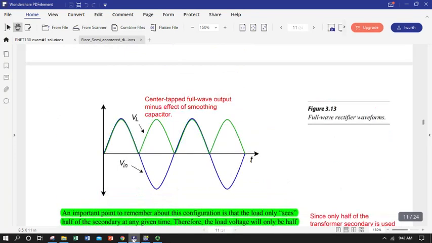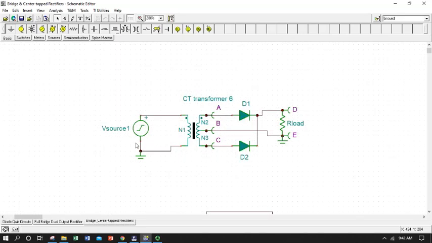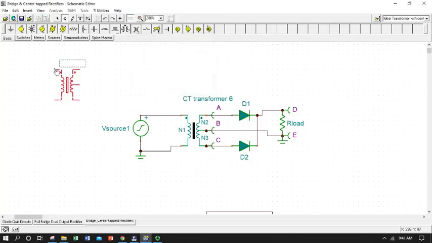Okay, let's take a look at that in TINA. So we can construct a complete center tap transformer full wave rectifier in TINA. TINA has transformers we can select, and this one is the center tapped transformer. Coupled transformers, you have a choice here. You can use an ideal transformer with a center tap. So it looks like that. So you can choose one of those,